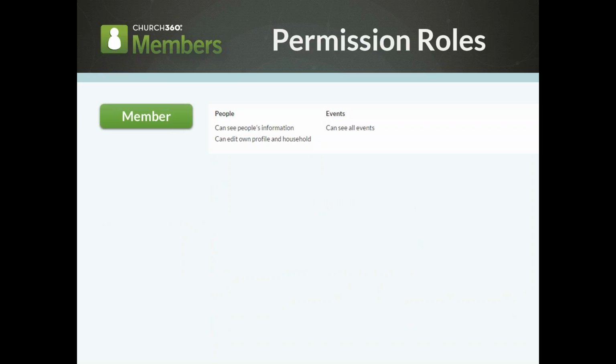So first off, we're going to look through Pastor Williams here. He is a member, and you're going to say for members, they can see all people's information and they can edit their own profile and household. They can also see all events. That may not be how you choose to define members, and that's okay. But in this example, that's how we're going to do it. And maybe you don't allow all members to have access to Church360 members, but for those who are, that's the